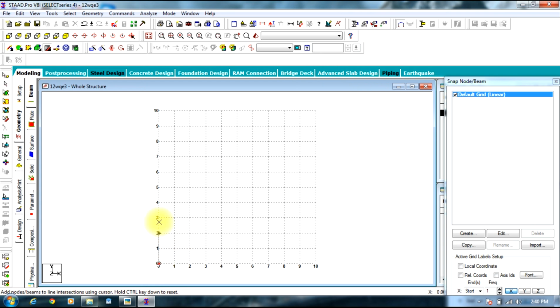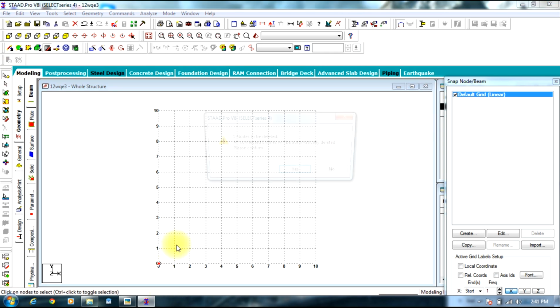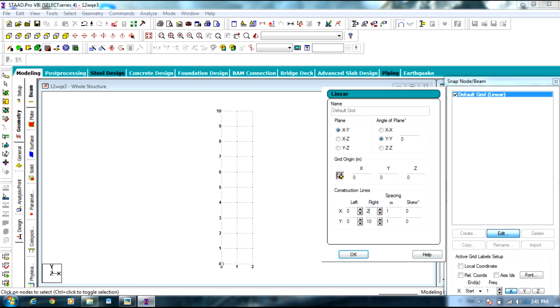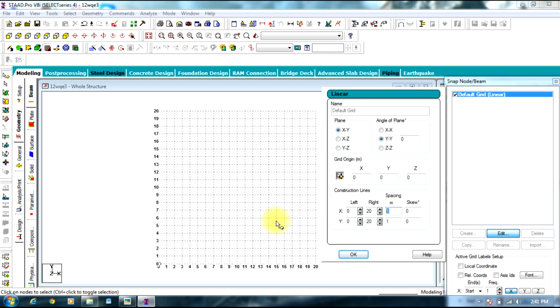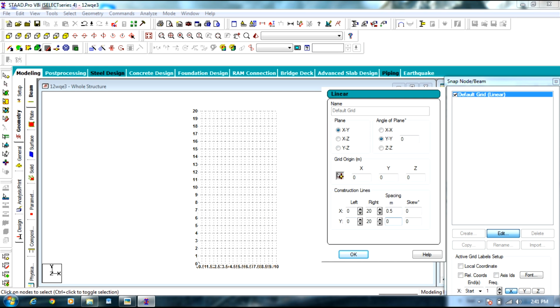So first, we will be converting this to 20 by 20, then 0.5 by 0.5 spacing,